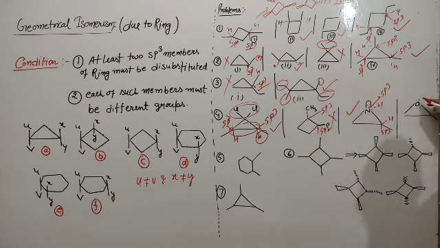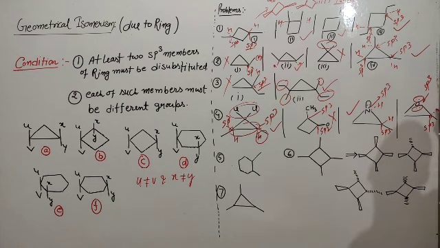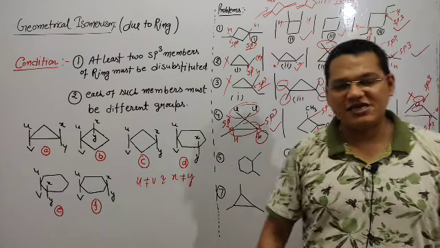But in this case, student, both are the same lone pair, and this molecule has only one sp3, but the second condition is not fulfilled. Why? One group has a different substituent, but the other group does not have a different one, because here both are the same lone pair. So the condition is not fulfilled. That's why it does not show GI.